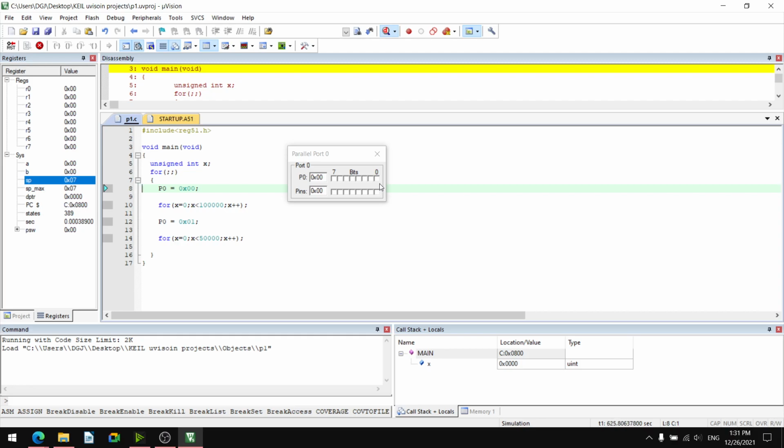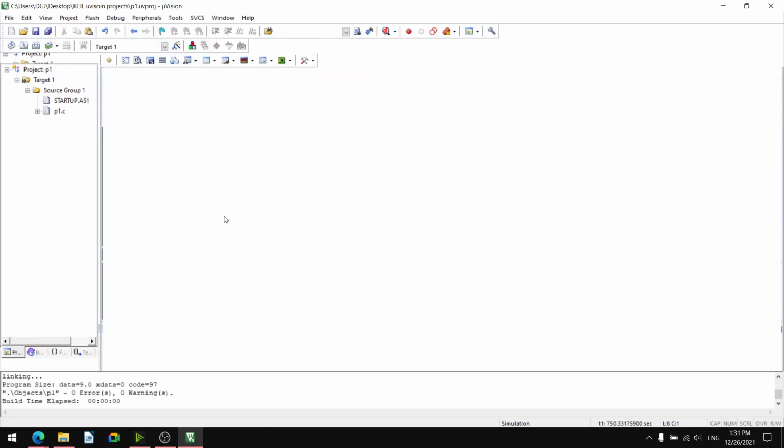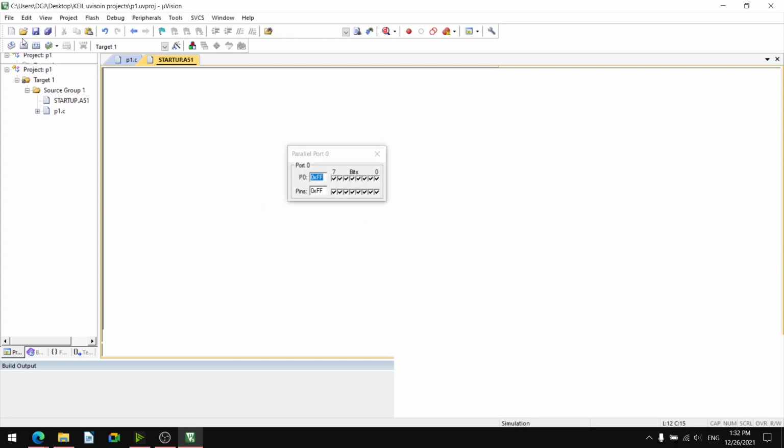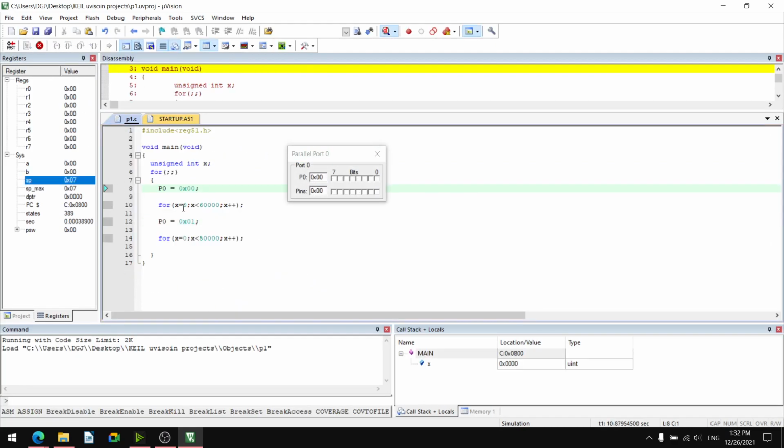So instead of 1 lakh, we will take lesser time, say 70%, 70,000. Okay, I will stop here. Stop debugging. I will make it, instead of 1 lakh, 70,000. So that much delay will not be there. Delay difference is there, but very small difference is there. I will debug. I will run it.